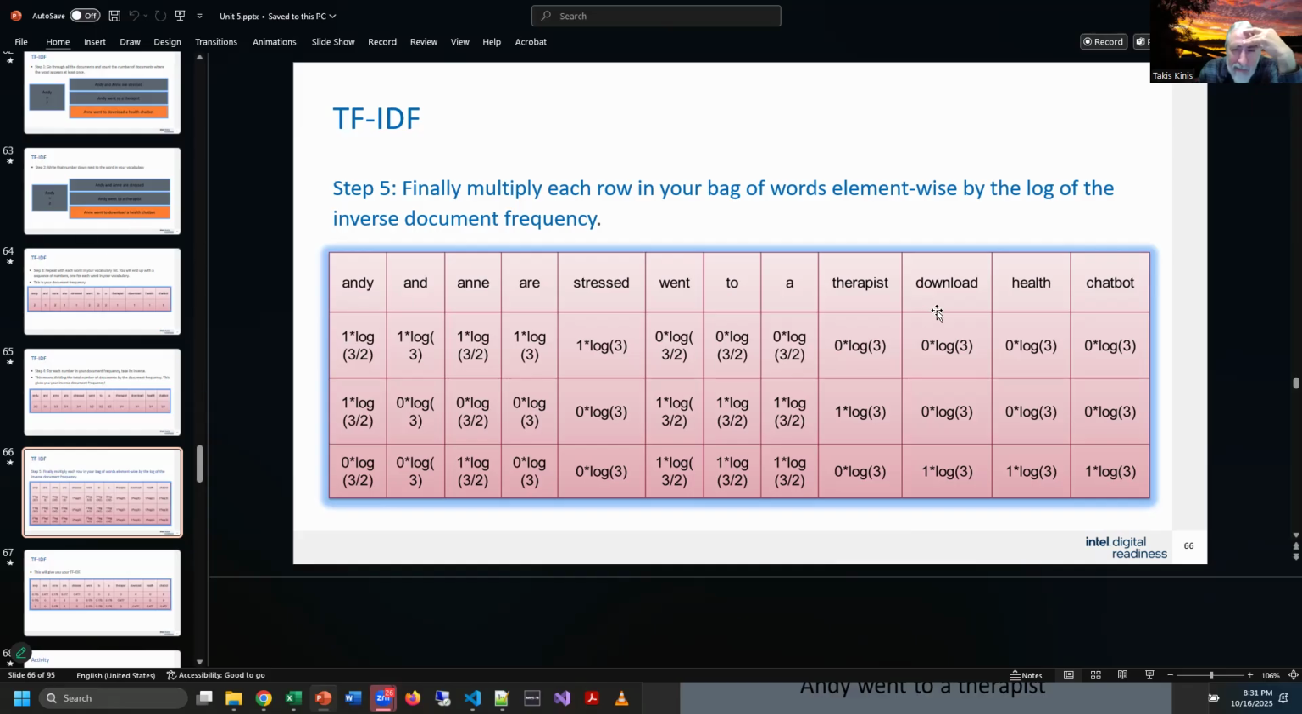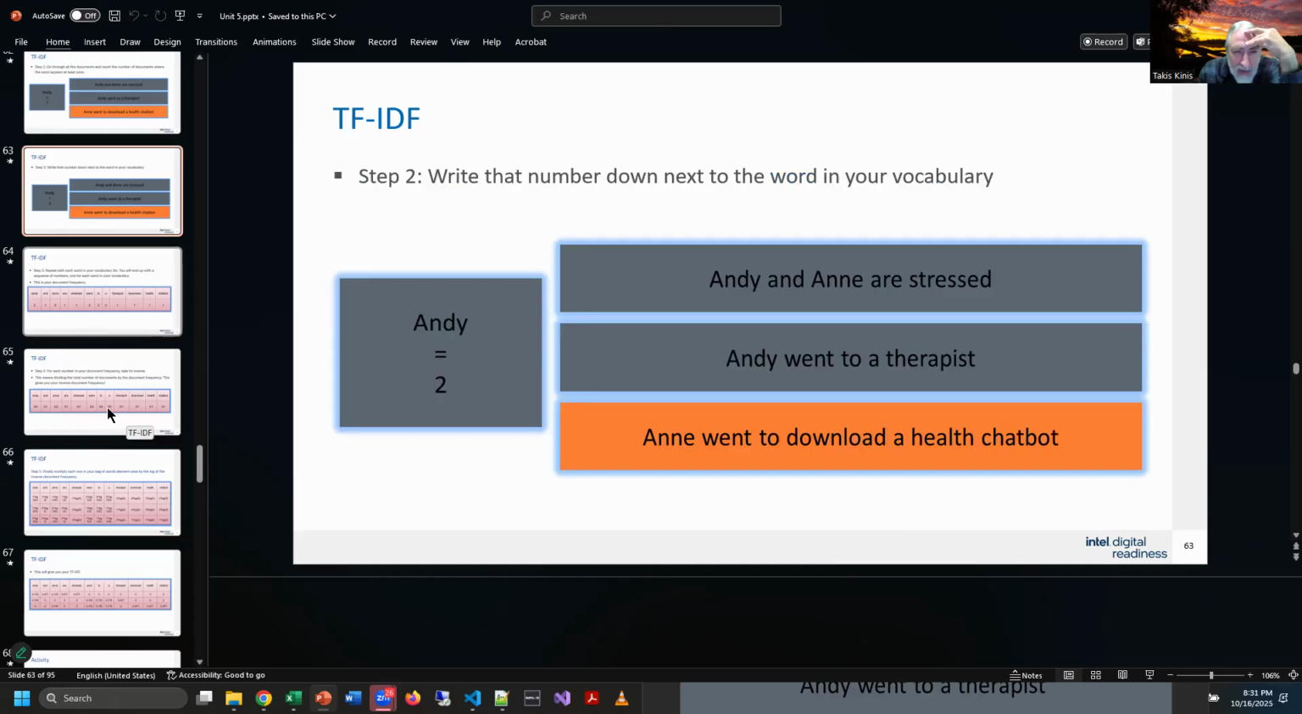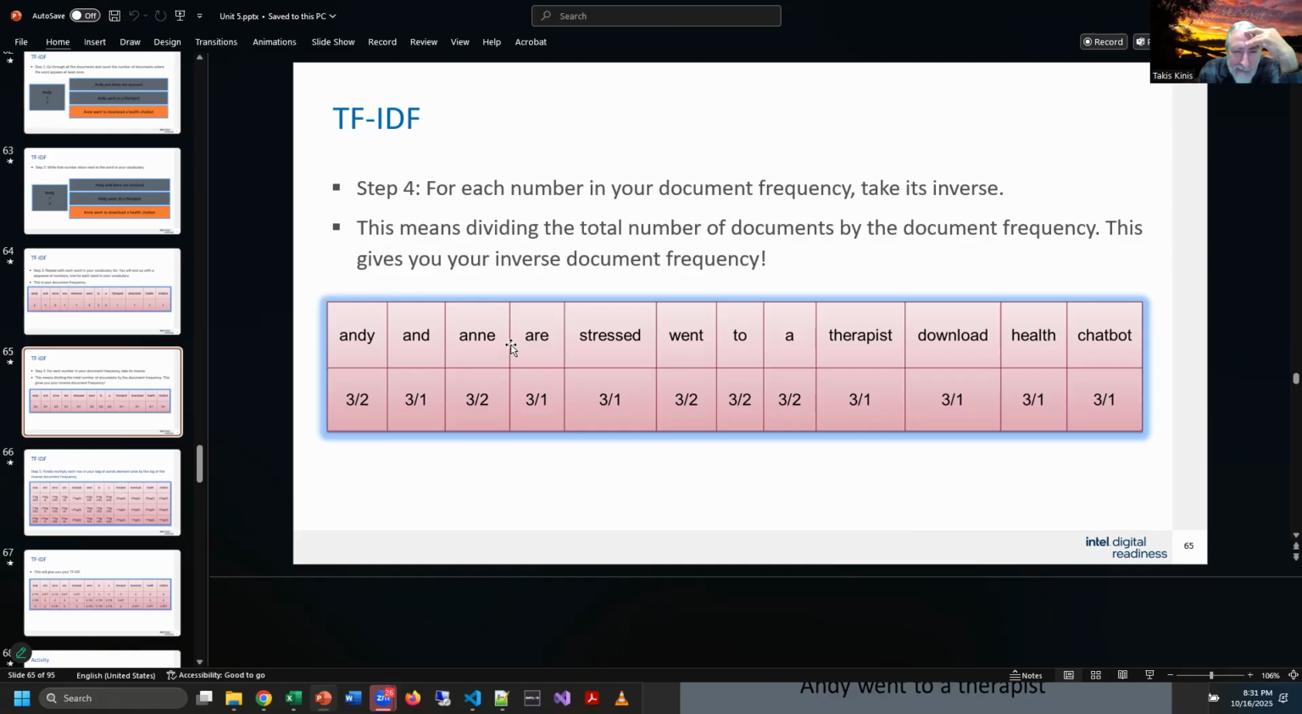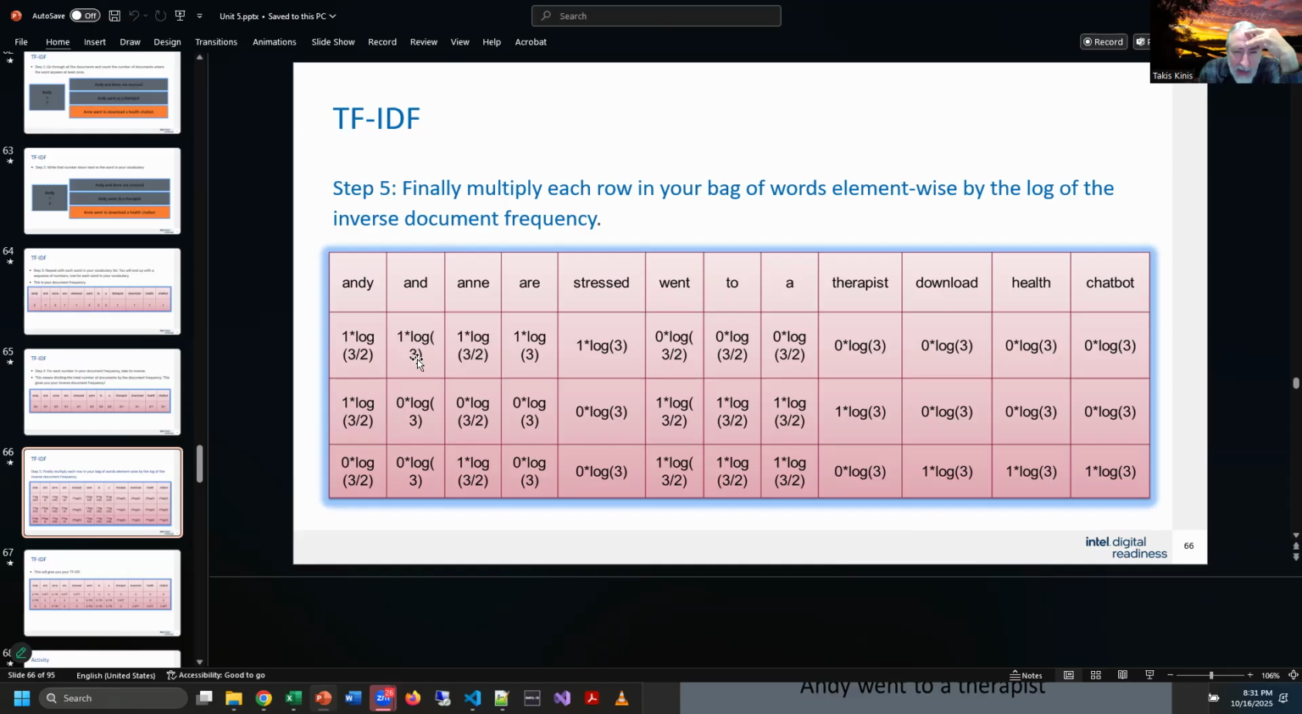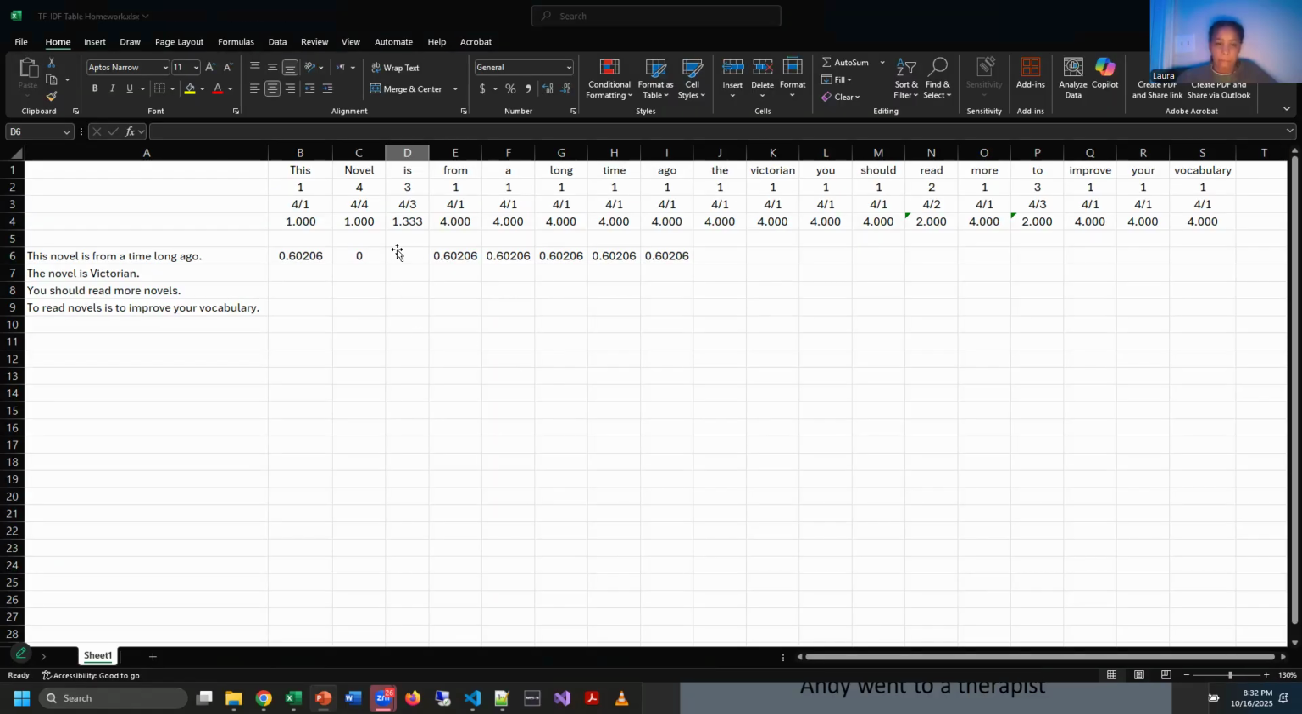Andy and Ann are stressed. So why is "and" there? Because it only appears once. Okay, so those calculations remain consistent. It's just a matter of whether it has a 0 or a 1. That's the difference. So then this one would be equals